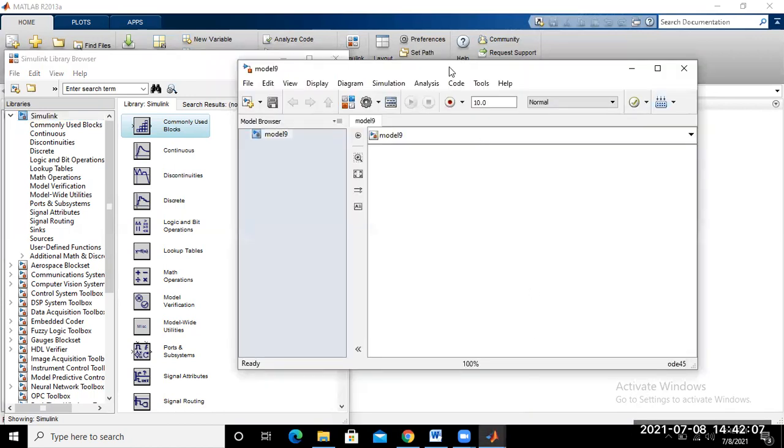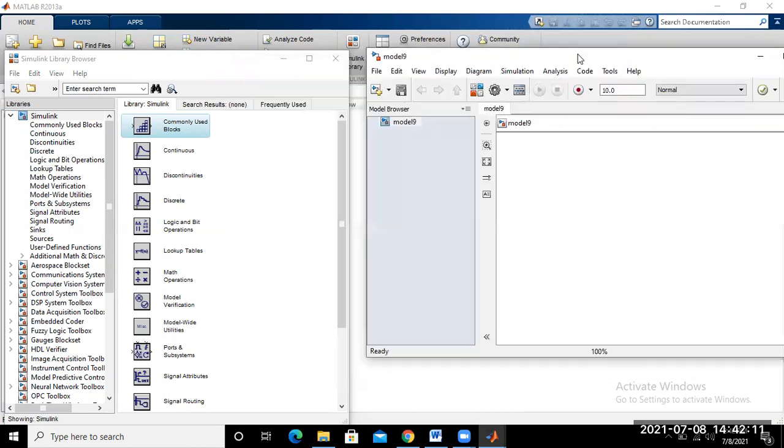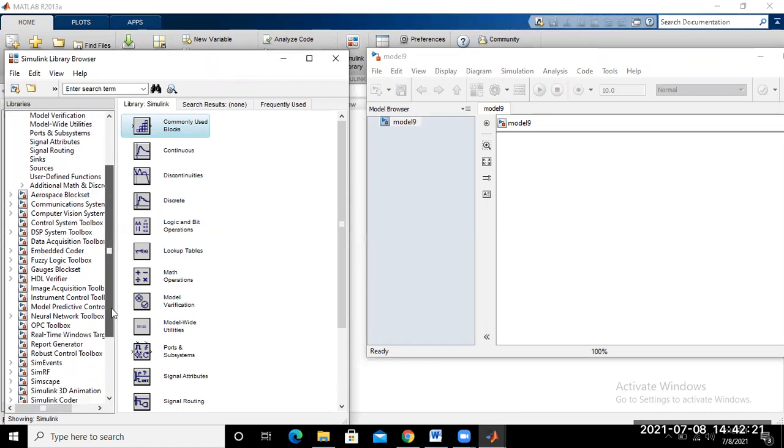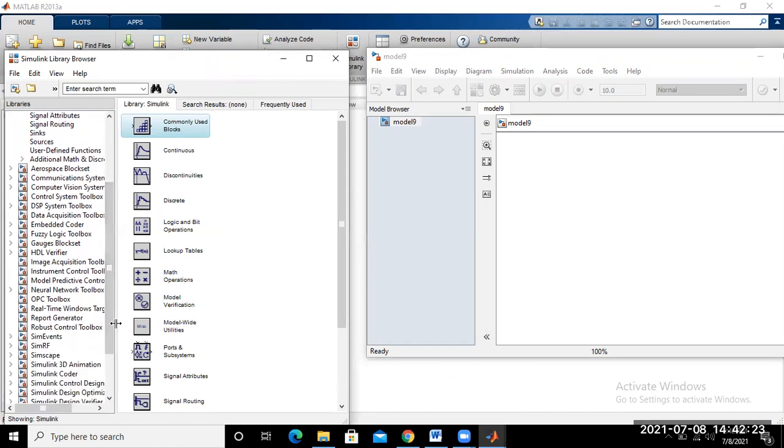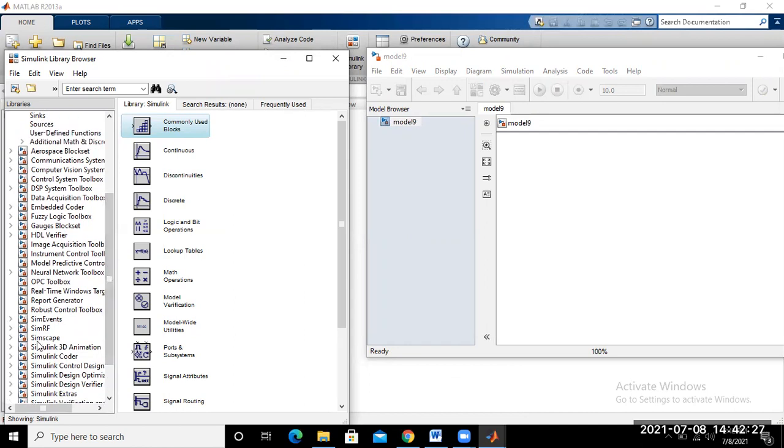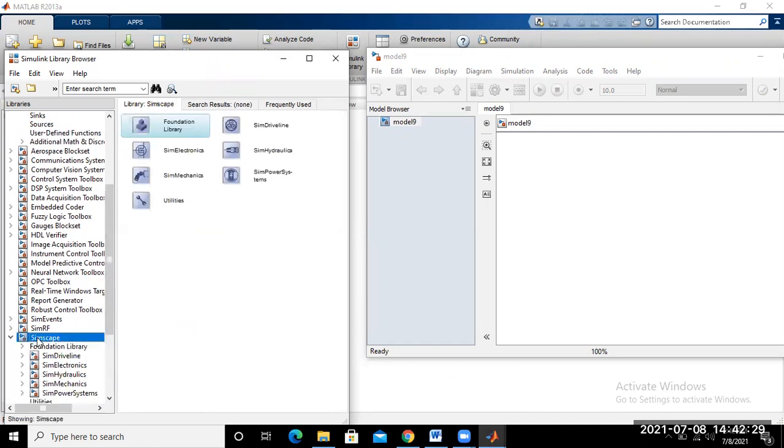Now you can drag the elements required for simulating the circuit. From the Simulink library, first of all go to the CMSCAP. Already explained in the previous classes also.